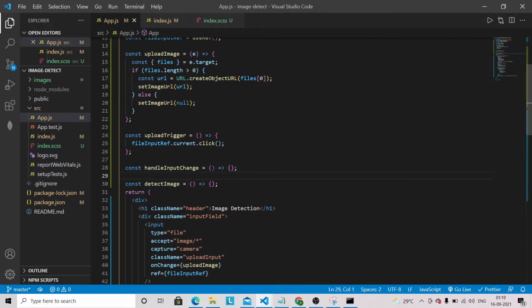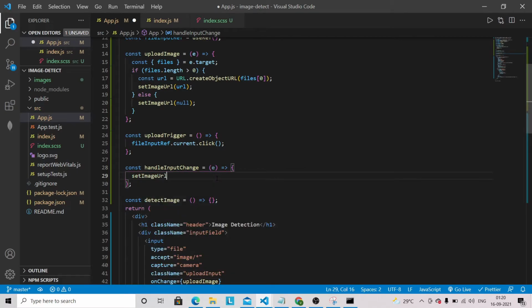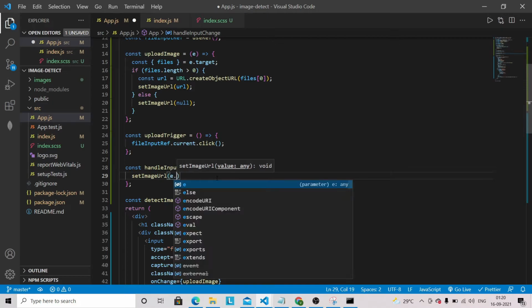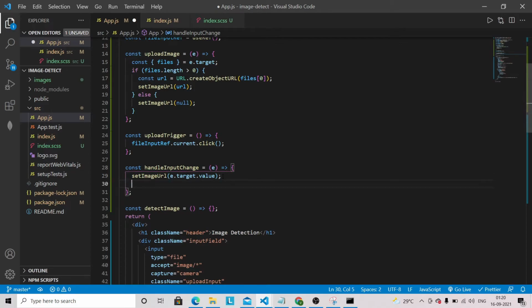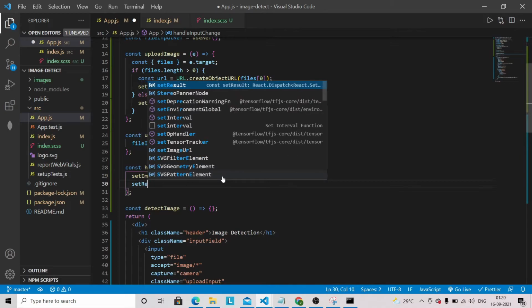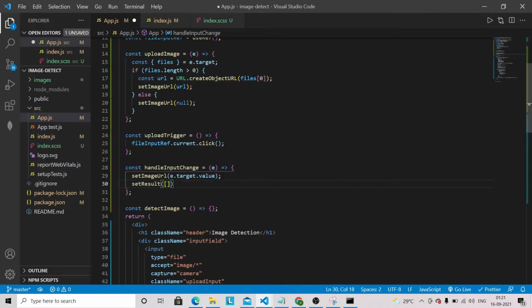So handleInputChange will receive an event, so we need to set the image URL, setImageURL e.target.value. So whatever URL the user has pasted, we will get into this value only. So that's why we are targeting e.target.value, and setResult to an empty array. Why we are doing this?